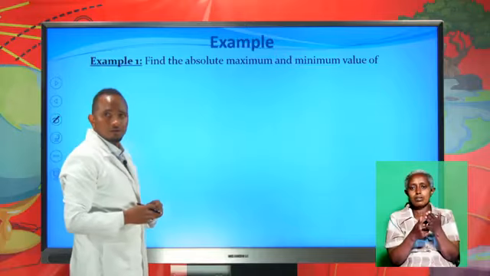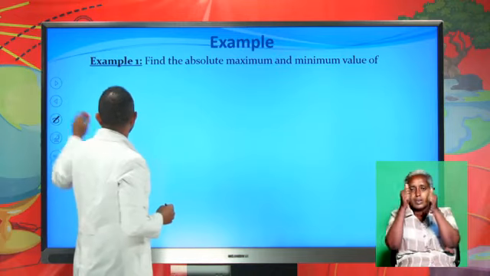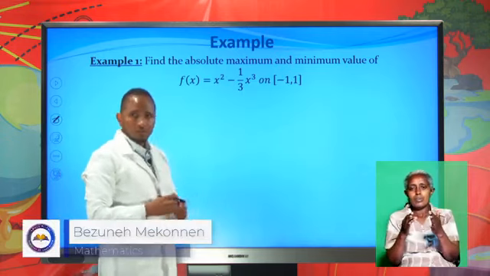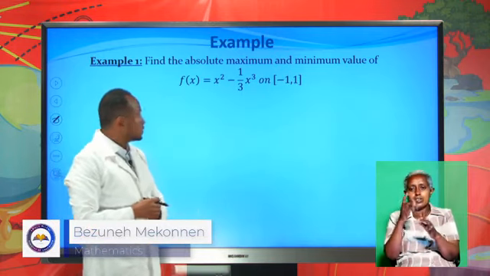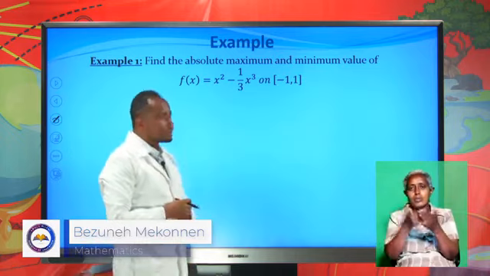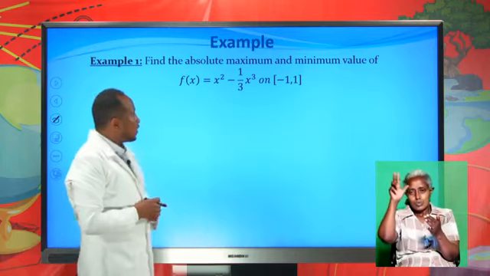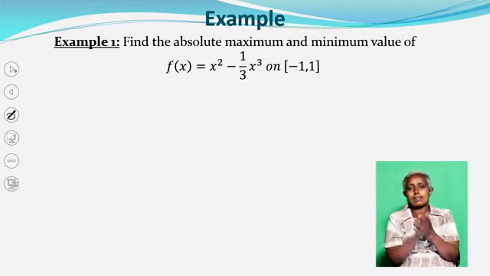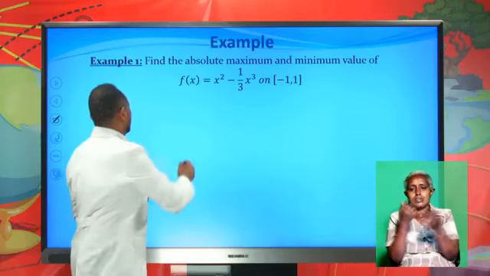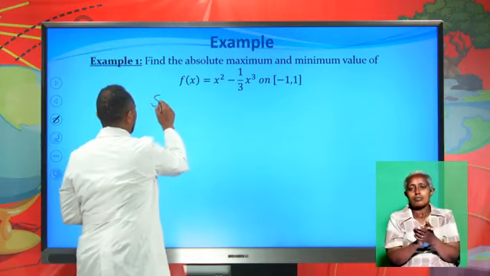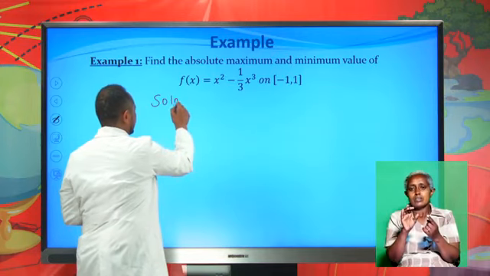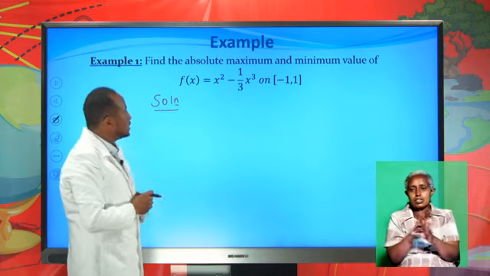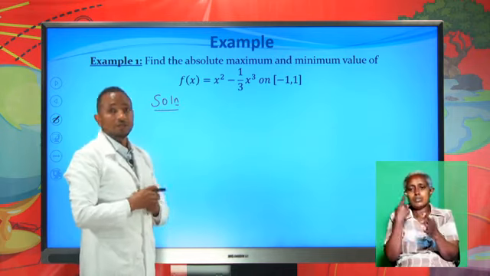Here it says find the absolute maximum and minimum value of this function f of x equals x squared minus 1 over 3 x cubed on the interval -1 up to 1. Now let's see the solution. So to find the absolute max and minimum of this function, we need